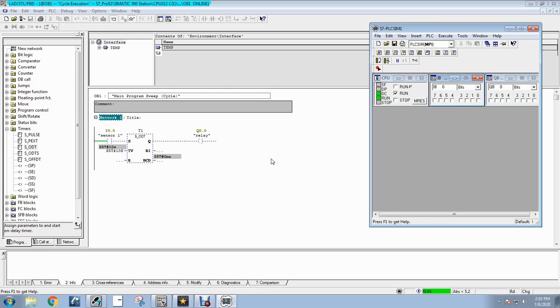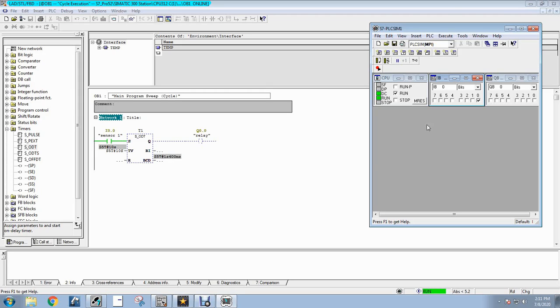If you give the input at I 0.0 and remove it before the completion of the delay time, it never gives output. If you again input at I 0.0, the countdown timer starts from the set time.